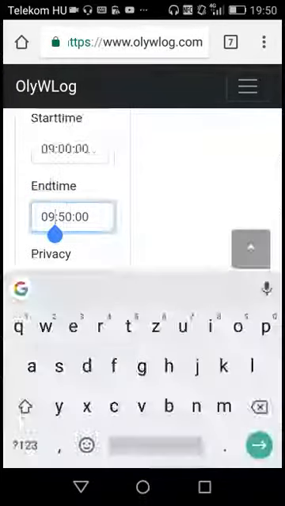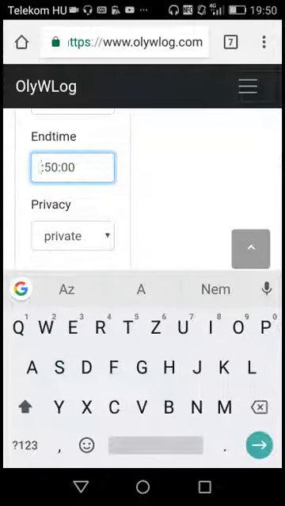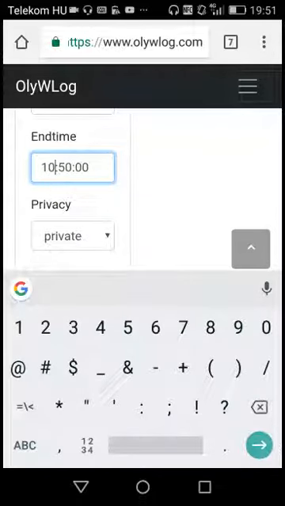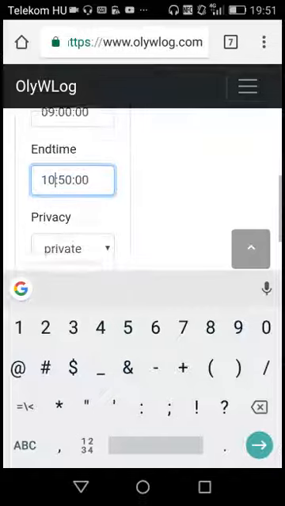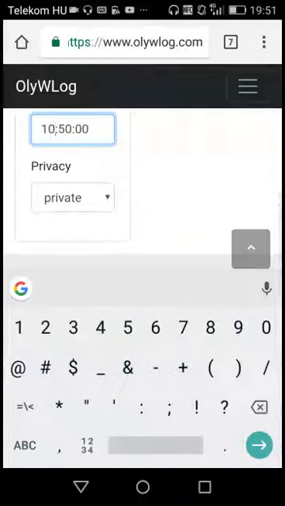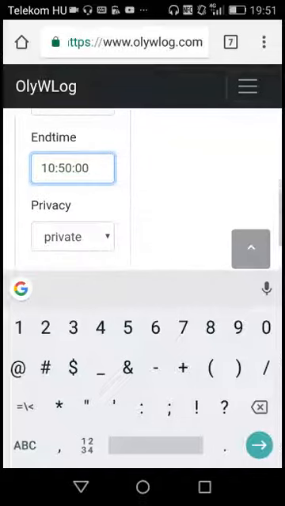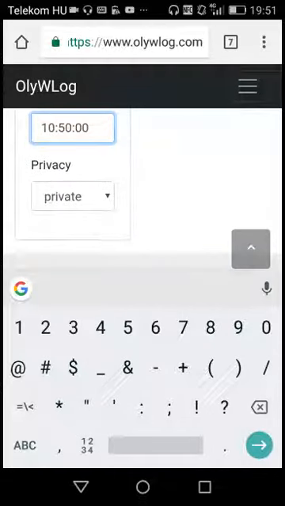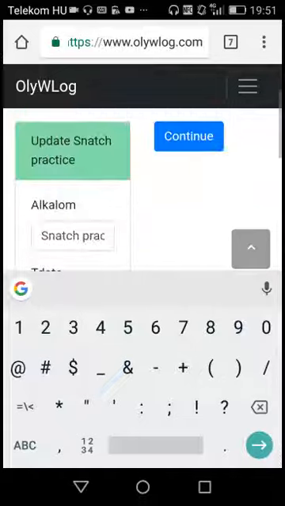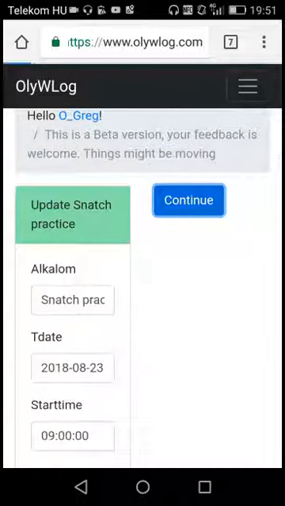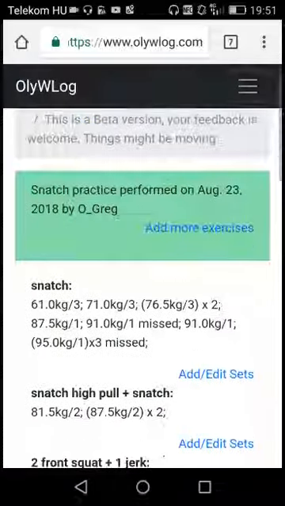So this way my training went up to 10:50, so it was almost a two hour session. I take long warm-ups, so wasn't necessarily 2 hours, including the warm-up. So once you update that, then